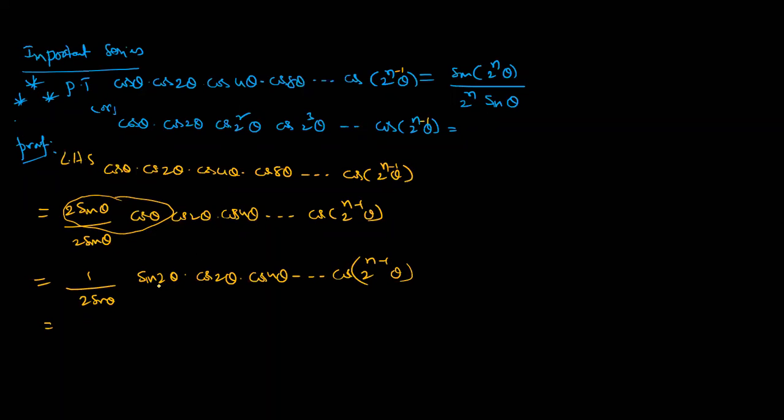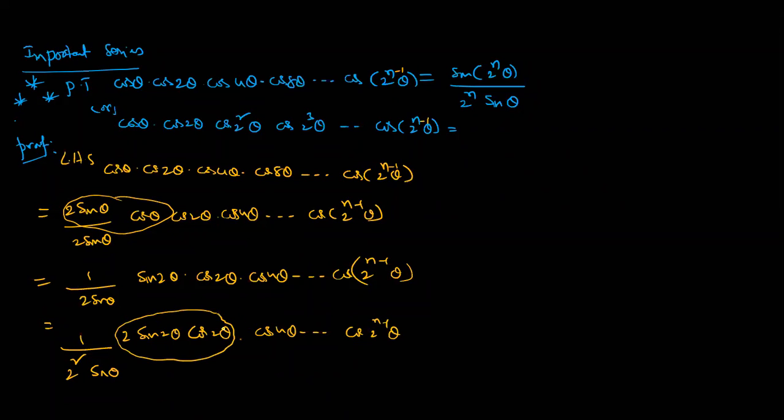Again, sine theta cos theta is there. What I'm doing here, multiply and divide with 2. Remaining as usual. So anyone observing, what is this value? 2 sin x cos x. That is 1 by 2 power 2 into sin theta. Sin 2 into 2 theta means 4 theta. Yes.